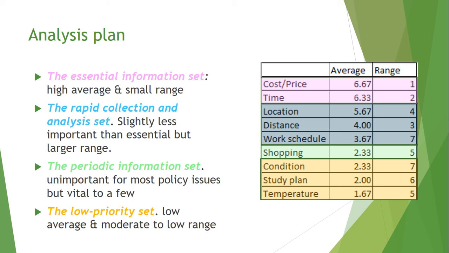So it's considered a periodic information set. And the low priority set is information that does not carry a lot of importance. So the average is low and the range is moderate to low. And as you can see, the condition, the study plan, and the temperature have a very